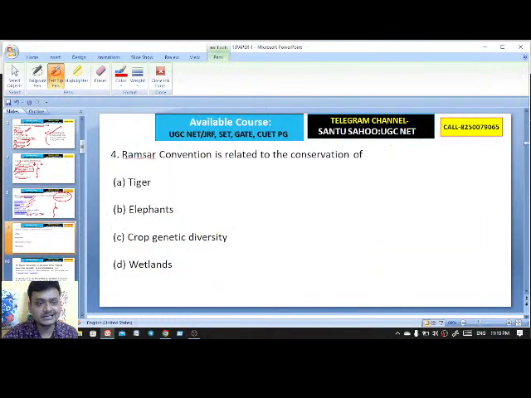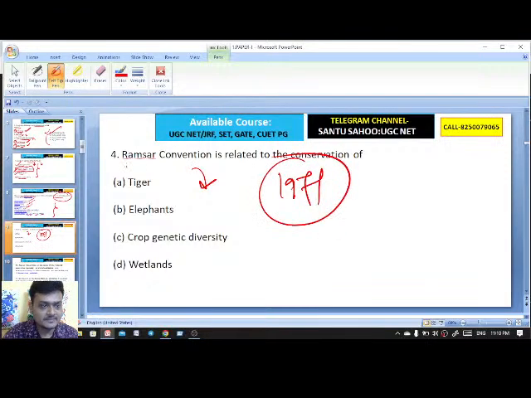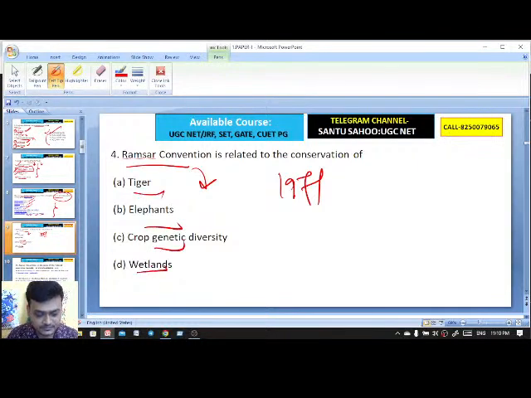The Ramsar Convention is related to the conservation of what? That took place in 1971. Tiger, elephant, crop genetic diversity, or wetlands. How are you, Sujit? I'm fine here. So, the Ramsar Convention is related to the conservation of what?